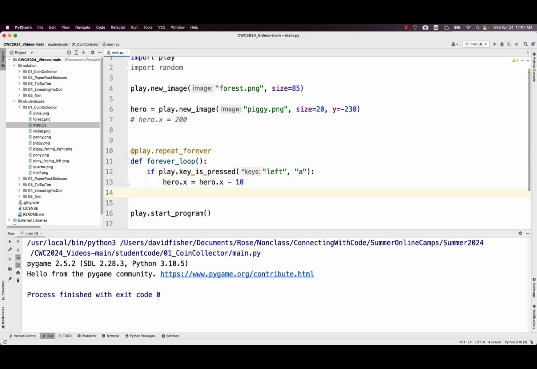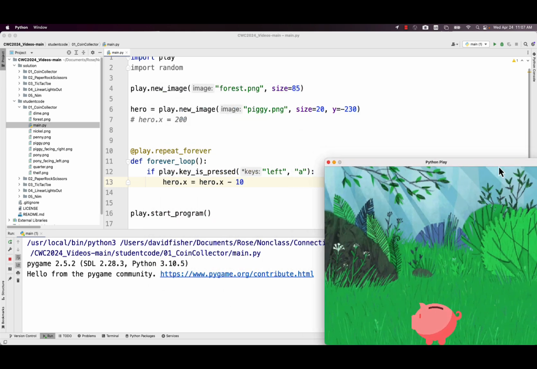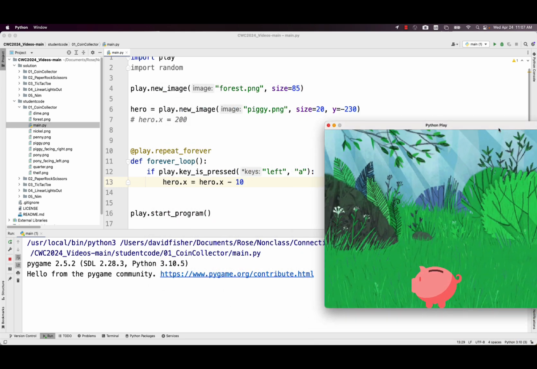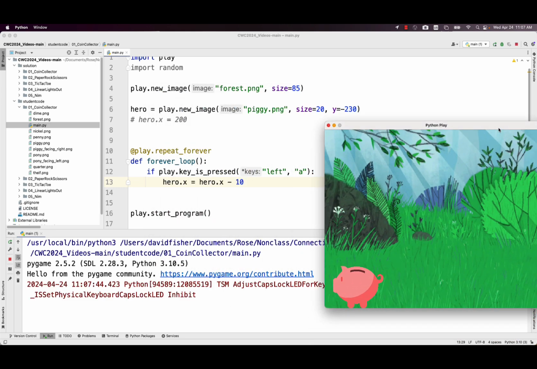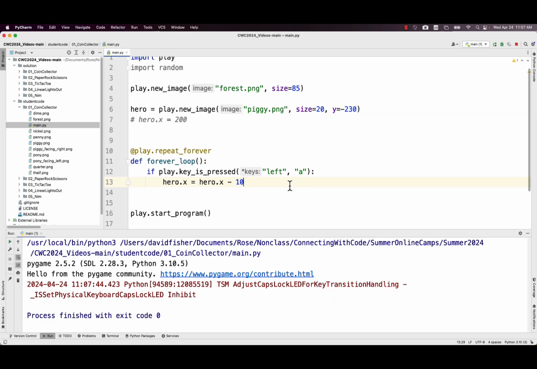And so now it's going to forever be watching for these keys. By the way, you can see PyCharm did something sneaky to me again there. It put in this word star keys. That's fine. I'll just ignore it. And so if I run it now it doesn't moonwalk by itself. But if I hit the left key, you can see it goes over to the left, which is cool. If I hit the right key, it doesn't do anything. By the way, A should also move it over. And so this is for people that are right-handed and for people that are left-handed.